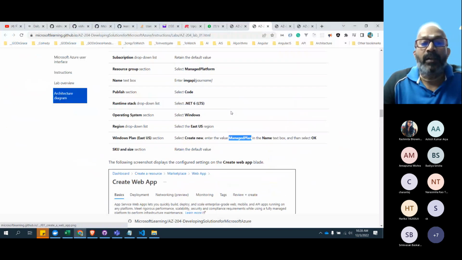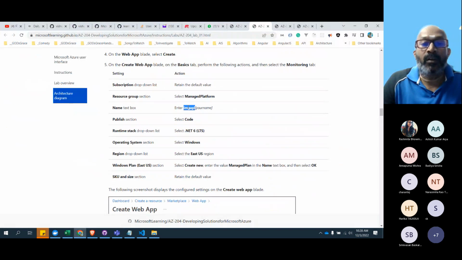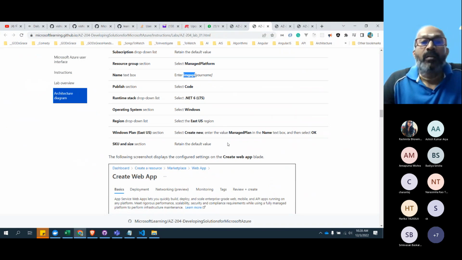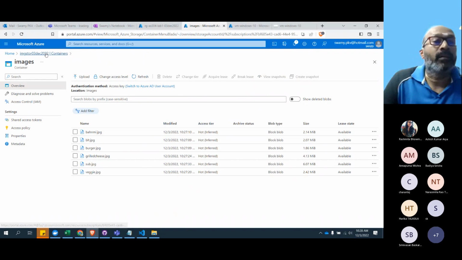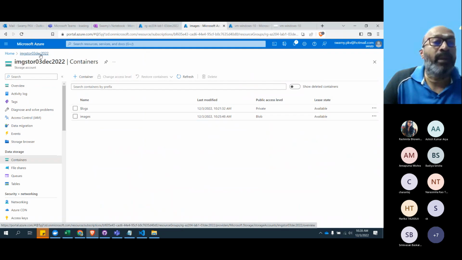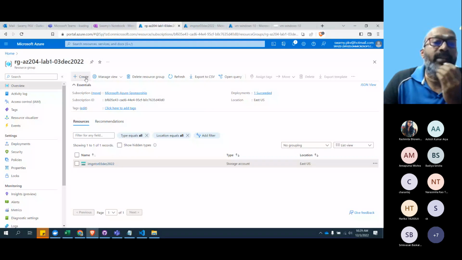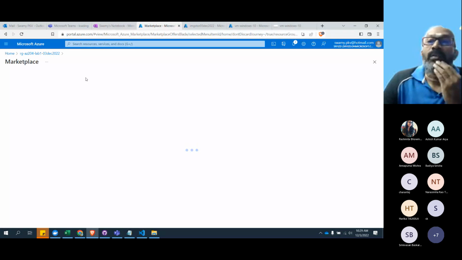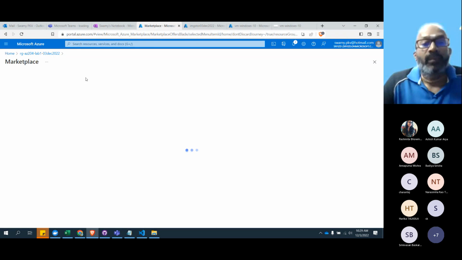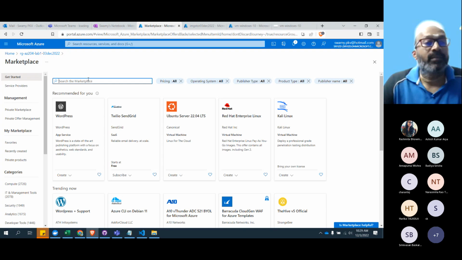So let's go and create it. I just want to see all these things so that we'll remember. I want to keep myself in this place so that it saves us from switching between different places. So let's create this.